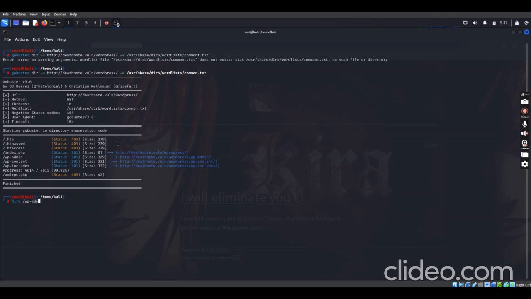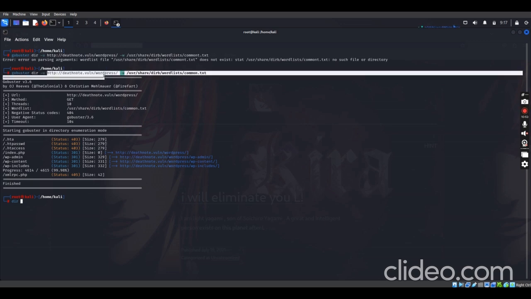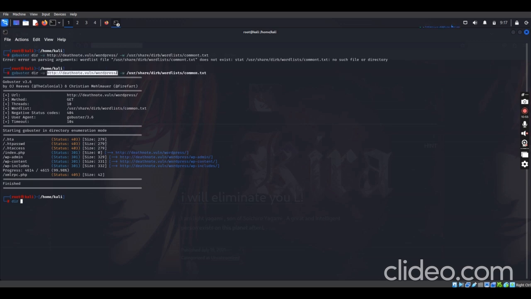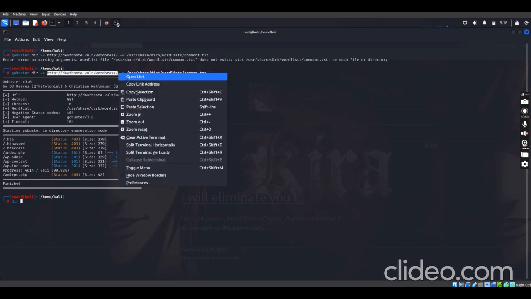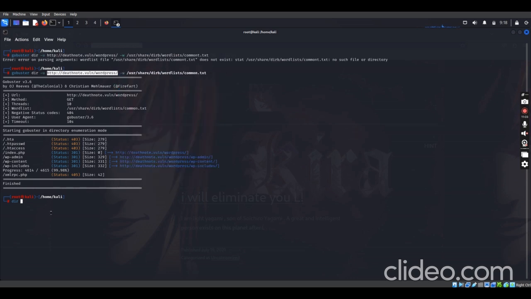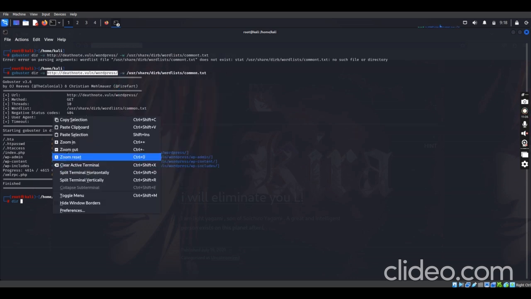No, I've copied it wrongly. So I think I'm going to copy the website from here. Let me copy it from here. Okay. Copy selection and put it here.